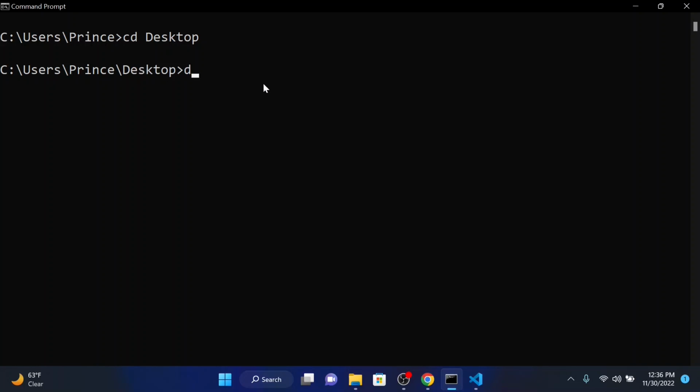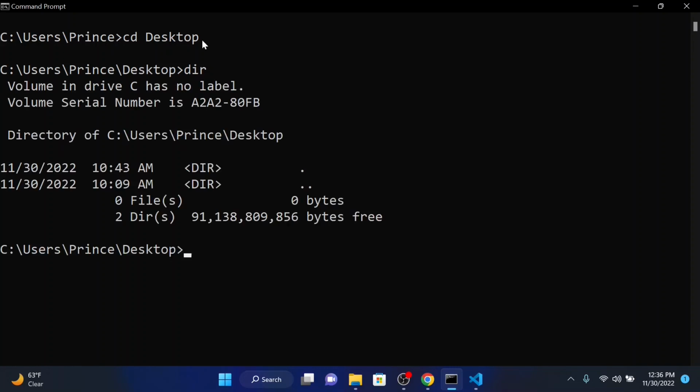So if I do a dir, it's going to list for us all the available files or folders in the current directory, which is just the desktop. So right now you can see after running dir, I have no folders or files on my desktop, right? If you're on MacBook or on Linux, the equivalent of this command is ls. So if you're on Mac or Linux, you just run ls. Okay, so once I'm on my desktop, and you can see I'm on Desktop right here, on Windows, MacBook, or Linux, you have the same desktop being shown up here.